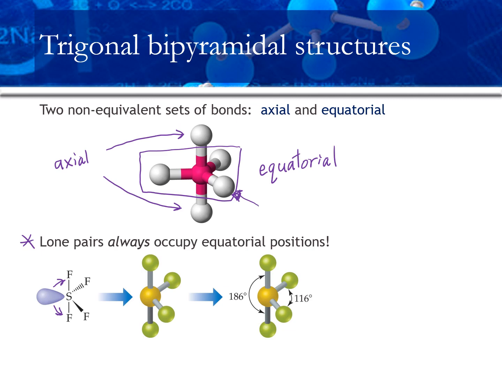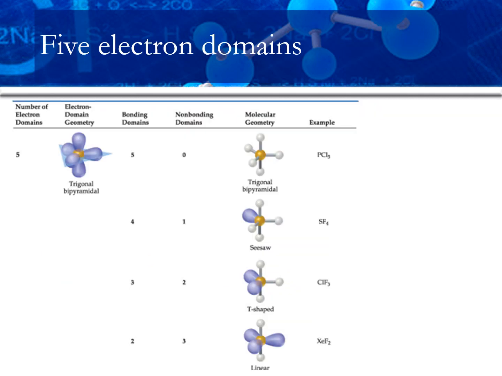So if we look at our table of structures built on 5 electron domains, if there's no non-bonding pairs, then we end up with a trigonal bipyramidal molecular geometry like PCl5. If there's one non-bonding region, since it always occupies an equatorial position and never an axial, the resulting geometry we